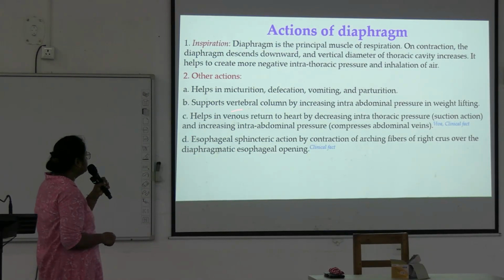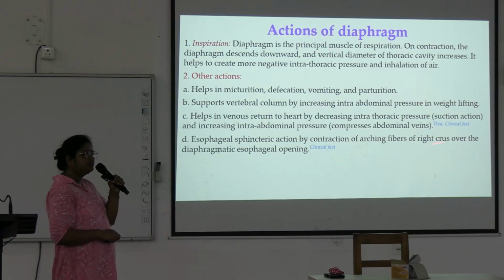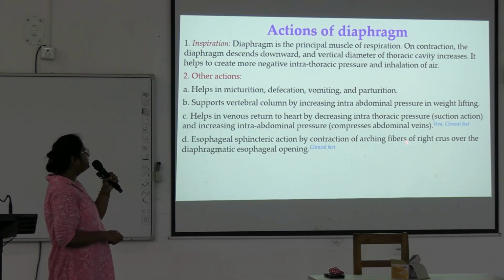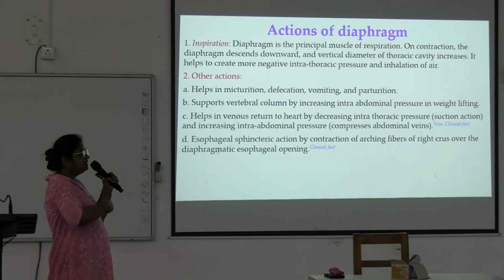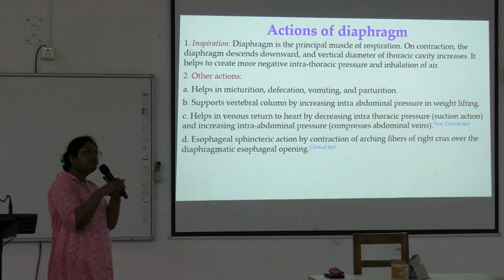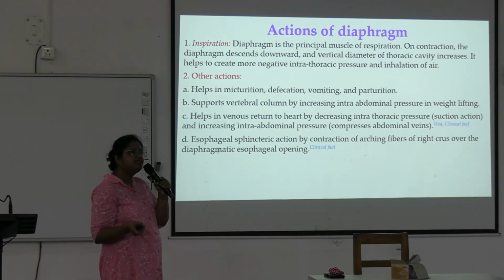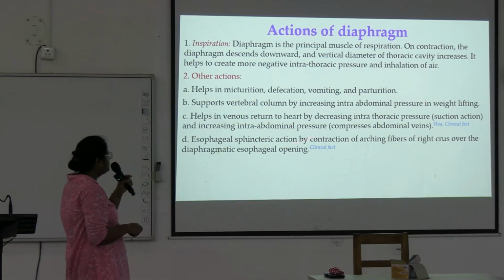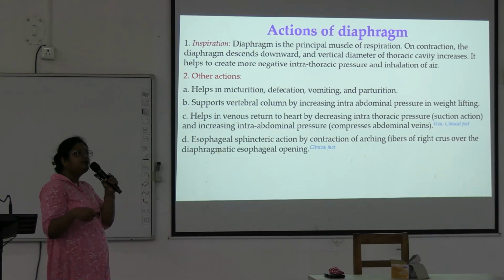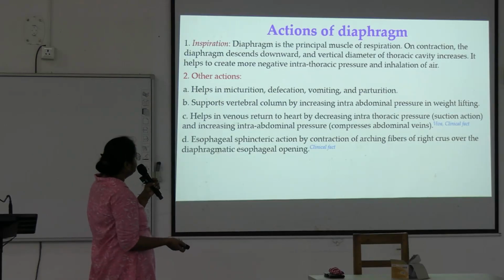And esophageal sphincteric action by contraction of the arching fibers of the right crus over the diaphragmatic esophageal opening. Okay, there is a loop of fiber from the right crus around the esophageal opening of the diaphragm. Okay, and it acts as a sphincter for this opening. Next